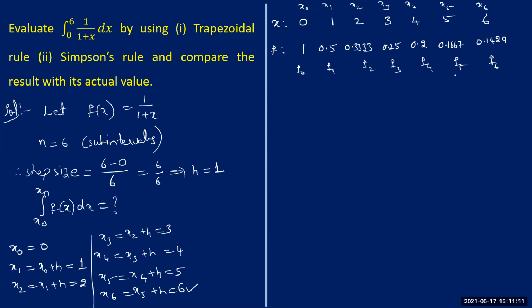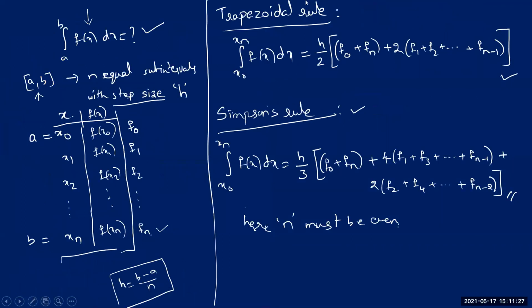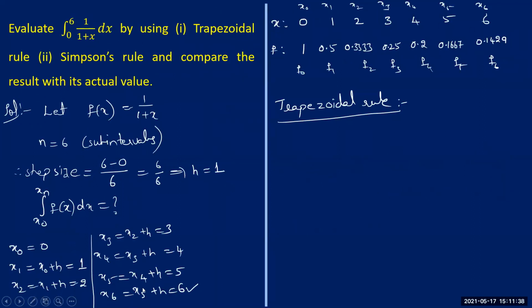Now I'm just going to use the formula for the trapezoidal rule. Let me evaluate the integral using the trapezoidal rule first. Now I hope you remember the trapezoidal rule formula which I gave you in the previous slide. Now I'm just rewriting that formula for this particular data, right? If you recall this trapezoidal rule, here we have written this for x0 to xn, right? But now corresponding to that xn here, we have only x6. x6 itself is the last point in this interval. So therefore, integration from x0 to x6, here n is equal to 6.